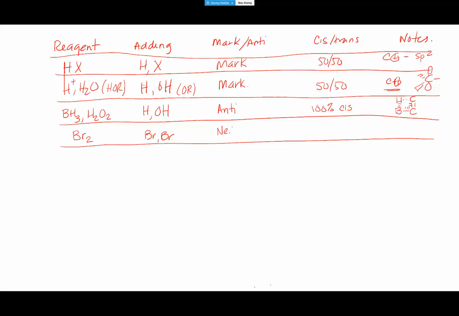Or neither. We'll call it neither, because when you're adding two groups that are the same, there is no Markovnikov. Now, you are correct that it's going to be Markovnikov in the fact that the Br plus does add, but with Br minus, we end up with 2 Brs. We don't know which one added first. So the next reaction is going to be Markovnikov when we modify this. And these 2 Brs are going to add